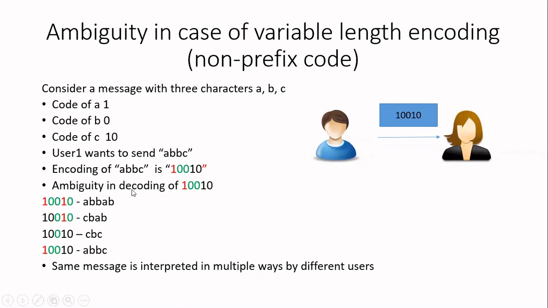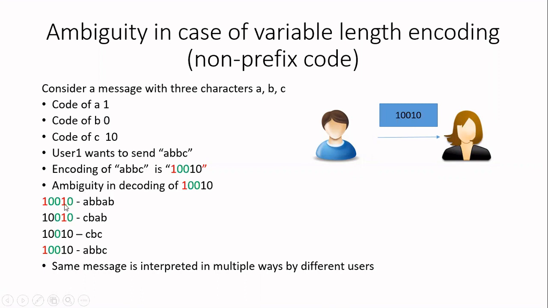Decoding is nothing but, once you receive the message, trying to retrieve the original message that was transmitted. Now we are getting it in binary format, and you have to convert it back into the symbols, so you need to decode it. This table is known to my friend also, so I will give this table to my friend. He will look at the table. First he has 1, so he will take 1 and see the table. 1 is for A, so he will write A. Then next I have 2 zeros, so he will see the table. B has 0, so he will write B 2 times.